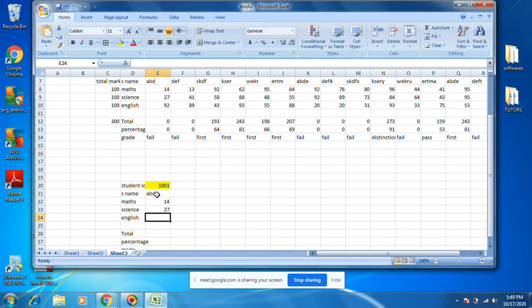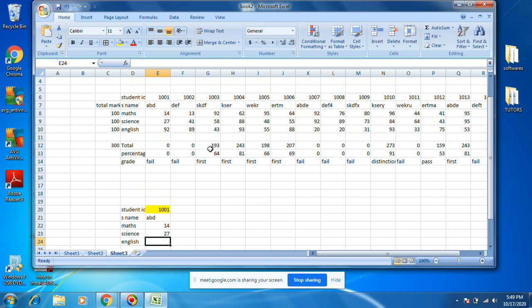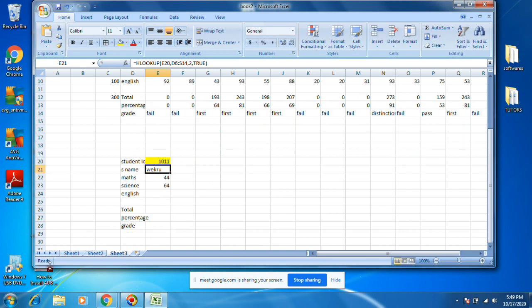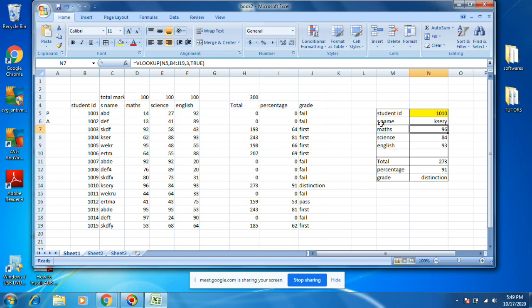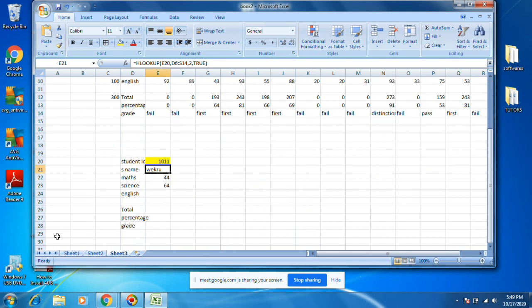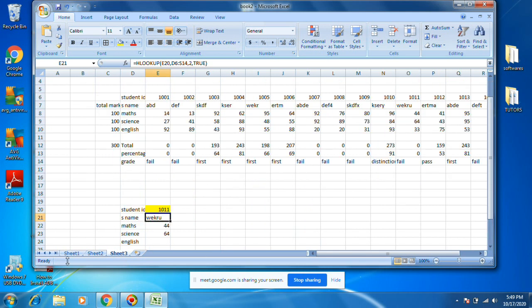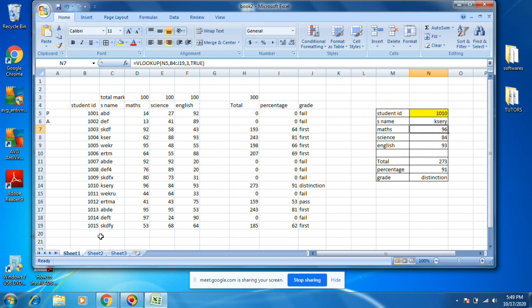This is called horizontal lookup. If you do 1011, those values will come. Same similar kind of thing you can put. This is VLOOKUP. This is HLOOKUP. We did a transpose also. This is very important, HLOOKUP and then VLOOKUP.